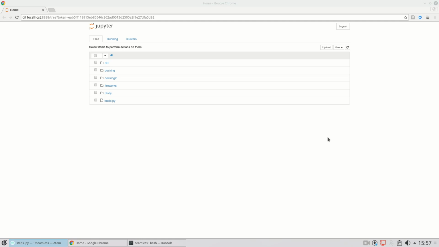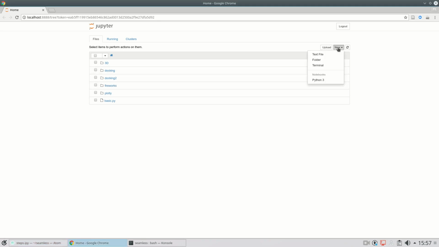Hello everyone! Today we will create an OpenGL program that displays fireworks, and it can be modified live as shown in the last video. While we are building it, the program will keep running all the time, and we will build it step by step, almost from scratch. Here you see the Seamless examples directory, which you can download from GitHub, and the first thing we do is